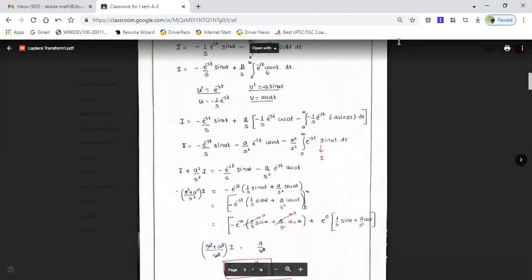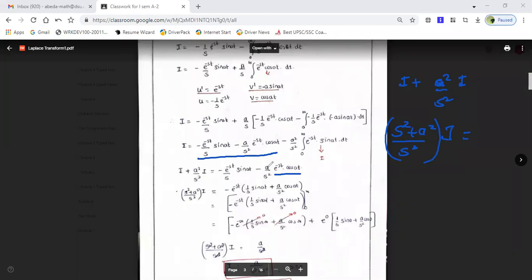Now you rewrite here. This is nothing but I plus, taking this I on the other side, it is (a square plus s square) into I, because this is nothing but I. Then the remaining two terms are on the right hand side: e to the power minus st upon s into sin at, then minus a upon s square, this term. So simplify this. It will be (s square plus a square) upon s square into I, which is equal to